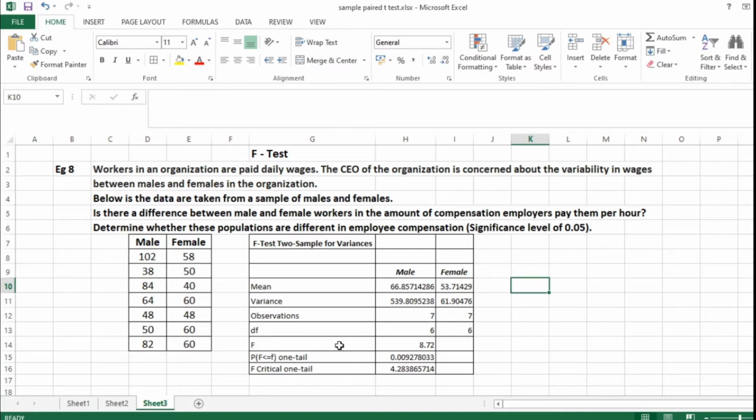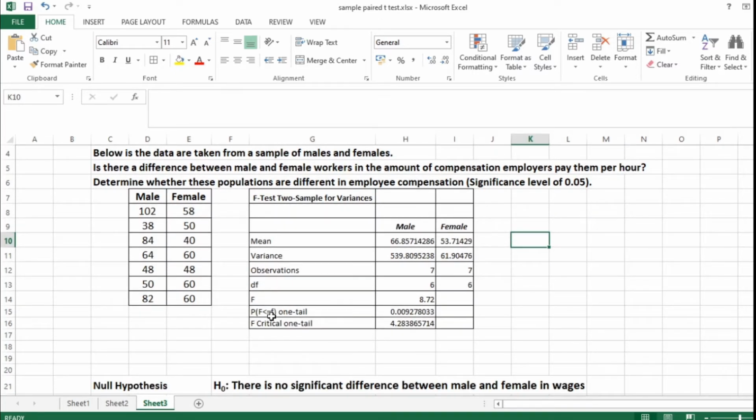The observation is 7 data, degrees of freedom is 6, and the F value here is 8.72, and the P value one tail is 0.09, and F critical one tail, that is 4.28. This is what we call the table value of F-test. So this is the F value.